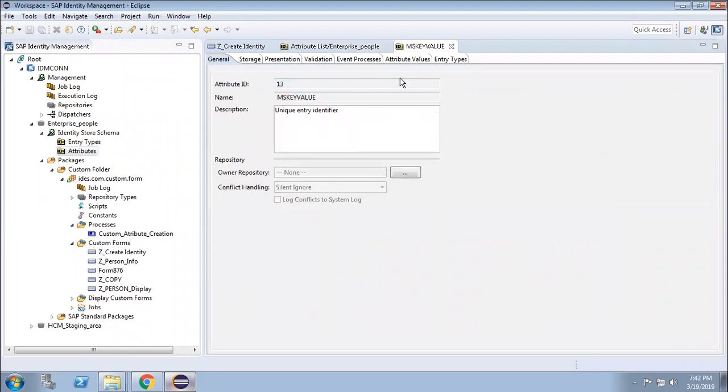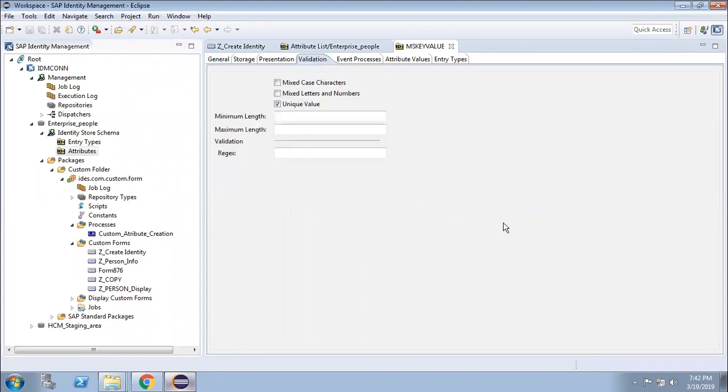In that MSKVALUE, there is a validation, and in the validation field, you will get a minimum length and maximum length. If you restrict that user ID to 12 characters, the maximum length is 12 characters, definitely the user will be created with 12 characters.